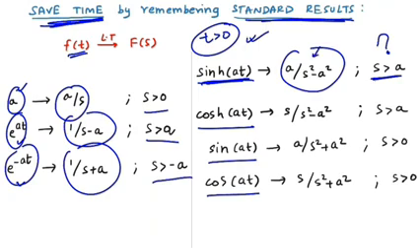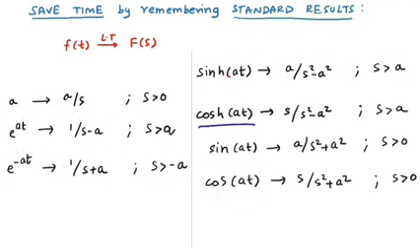If you substitute here s equal to a, then it would be a over a square minus a square, which is a over 0, and your answer is infinite. Actually, your answer is not infinite, it is undefined, right? You don't know what a over 0 is. So if you need a finite answer, your region of convergence should be s greater than a. This is the region where you will get the finite answer.